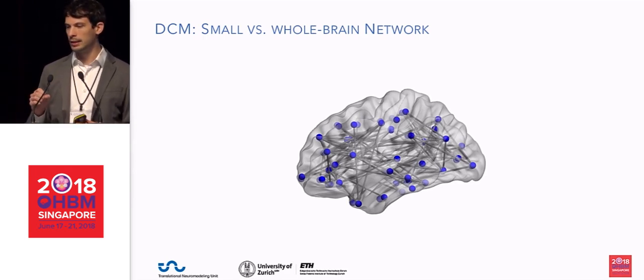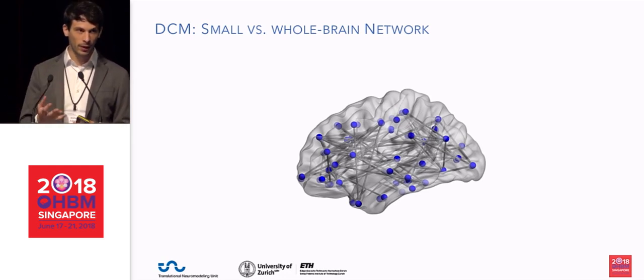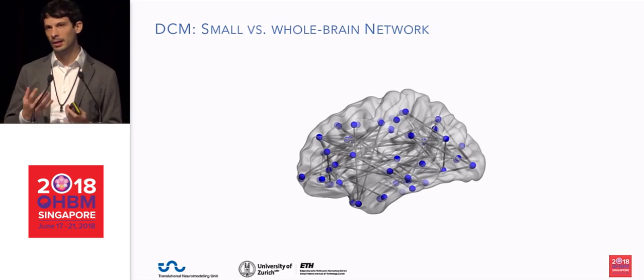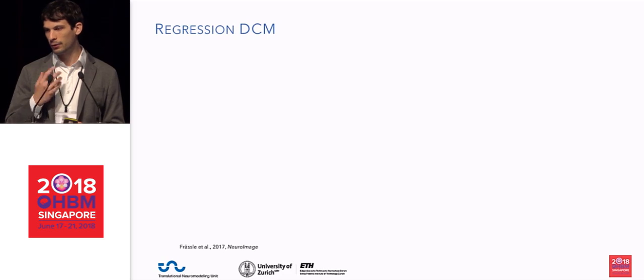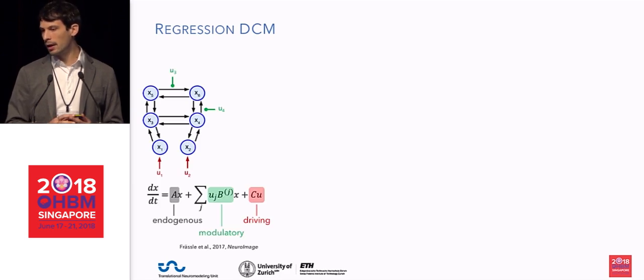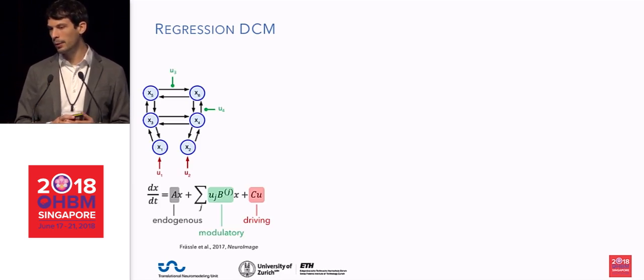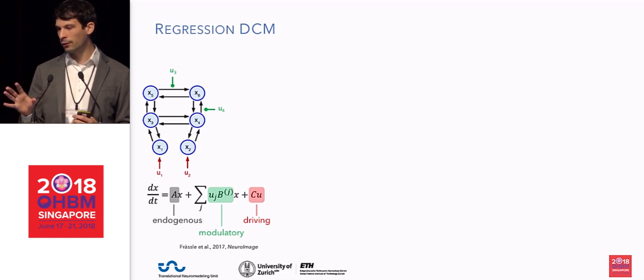And in order to at least move towards that goal, we have recently introduced regression DCM, which is a novel variant of a DCM-like model. And I want to give you just a quick idea of what that model looks like before coming to some of the results. So we start off, for those of you who are familiar with DCM, with the classical formulation,